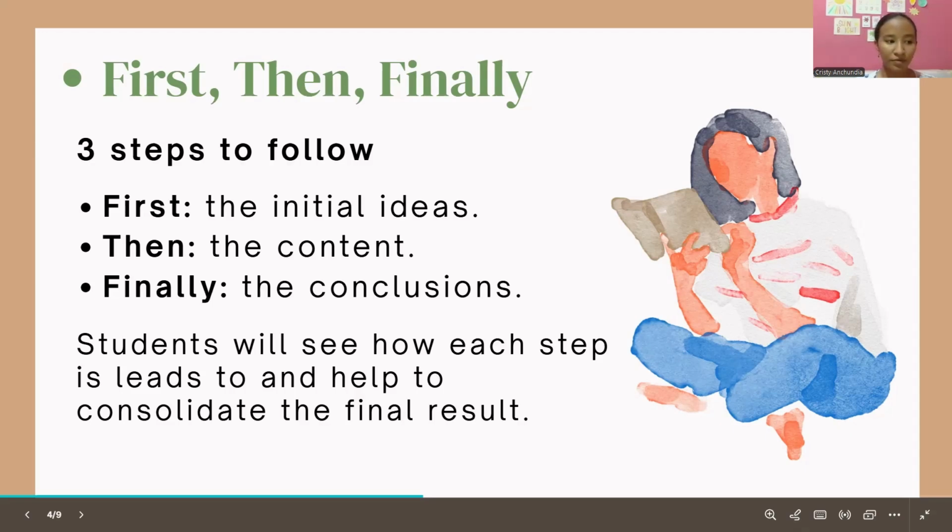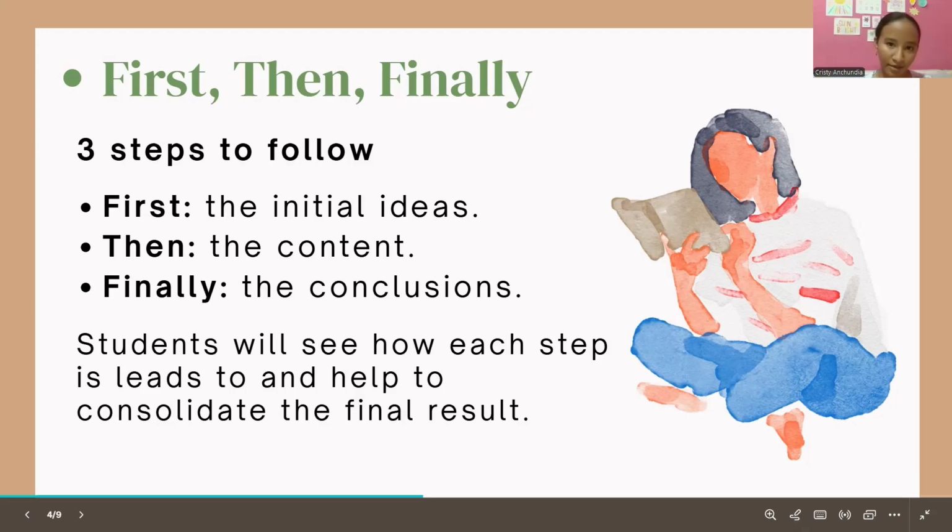Here we have this space to include the main ideas and the most important or relevant information. And finally, the conclusions. Here, it's important to write about the findings and the conclusions that the authors had in